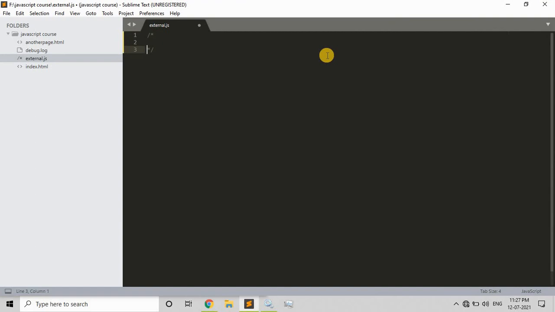So now, what do you mean by a map? So a map is, I'll just write it over here, a collection of keyed data items or elements, right? So that's it. It's just like an object. So now, what do you mean by a collection of data items which is keyed, right?